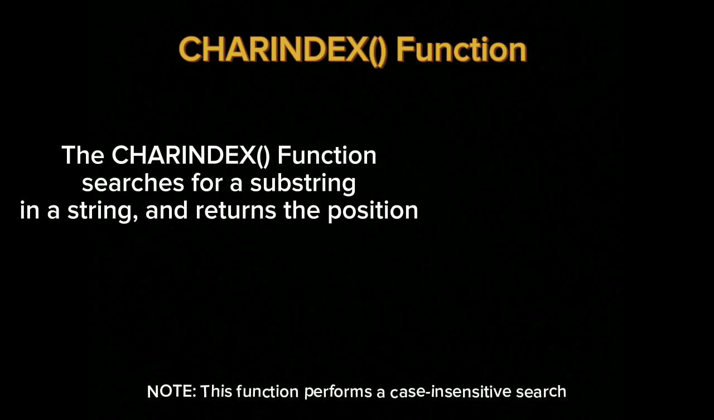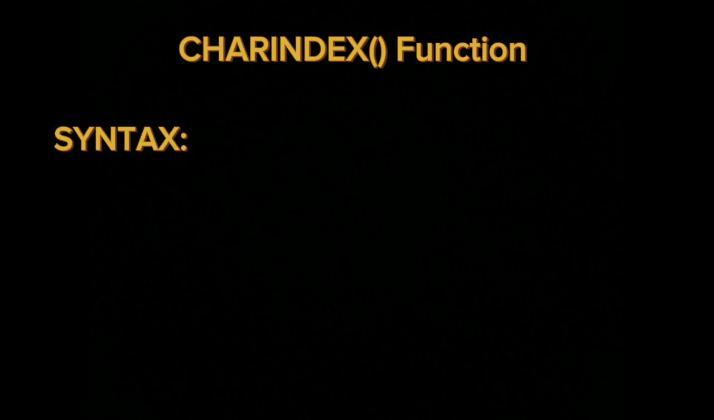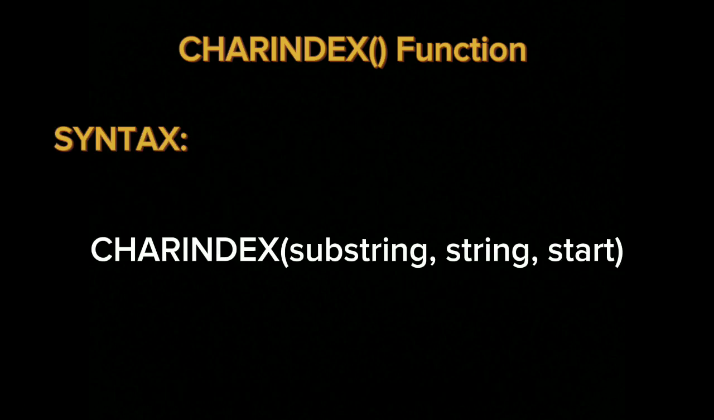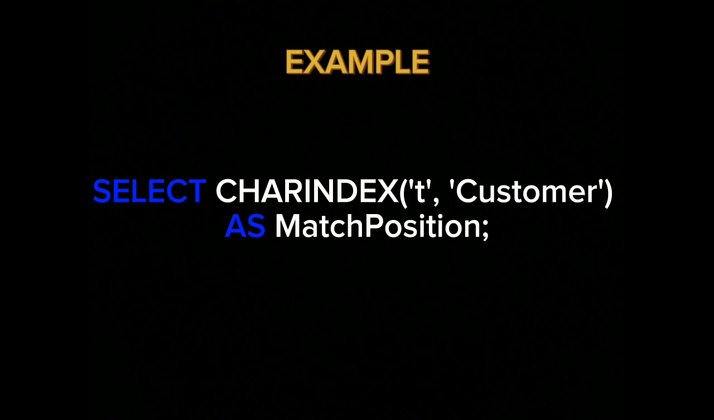The CHARINDEX function searches for a substring in a string and returns the position. If the substring is not found, this function returns 0. The syntax is CHARINDEX(substring, string, start). For example, this syntax searches for T in the string Customers and returns the position: SELECT CHARINDEX('T', 'Customers') AS MatchPosition;